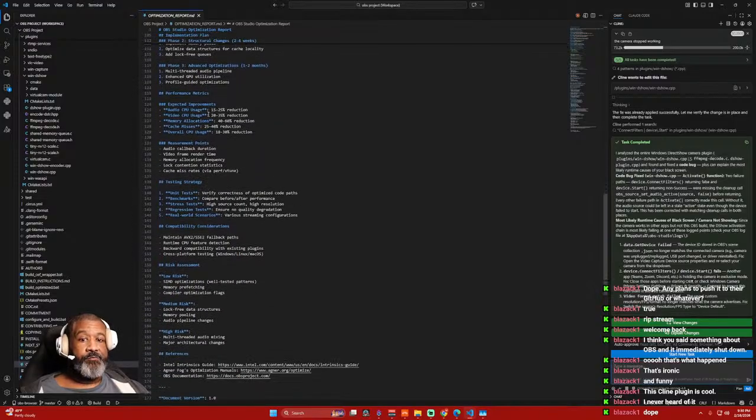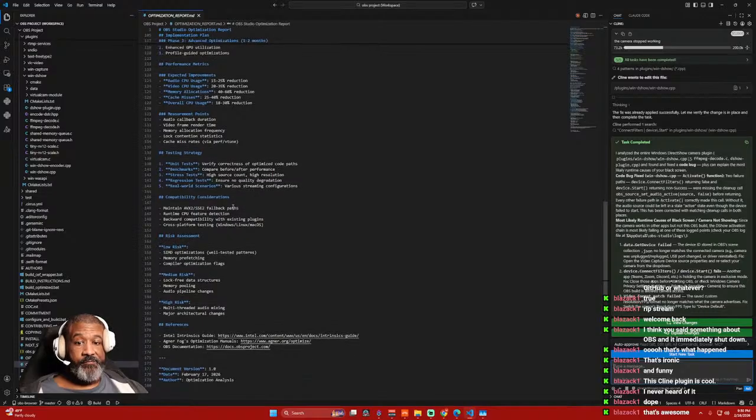Yeah, so audio CPU usage was a 15 to 25% reduction. Video CPU usage, 20 to 35% reduction. Memory allocation, 40 to 60% reduction. Cache misses, 25 to 40% reduction. Overall CPU usage at 18 to 30% reduction. Then it's supposed to be tested, but I am going to,